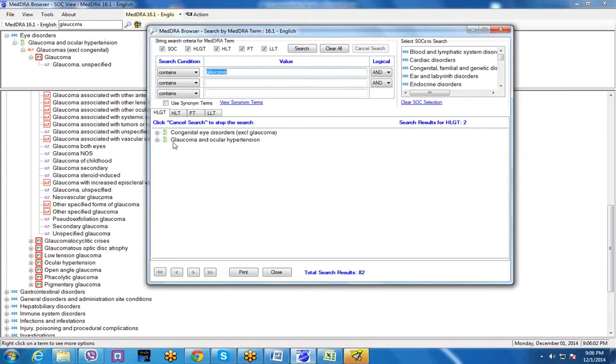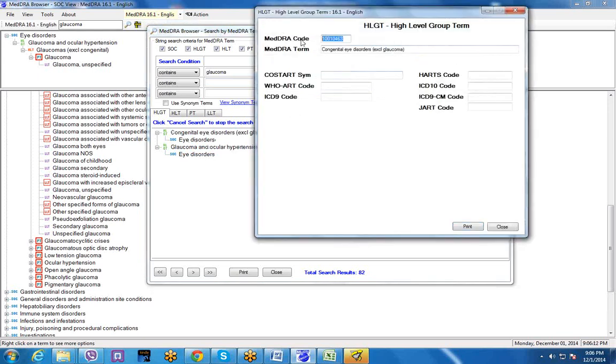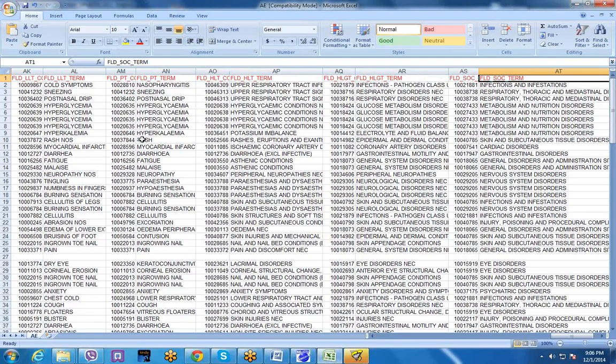Now it is showing. Glaucoma means it is showing in two conditions, eye disorders. Then right click here, open the details. Now you can see the code here. Then that code you write here, if it is a glaucoma,